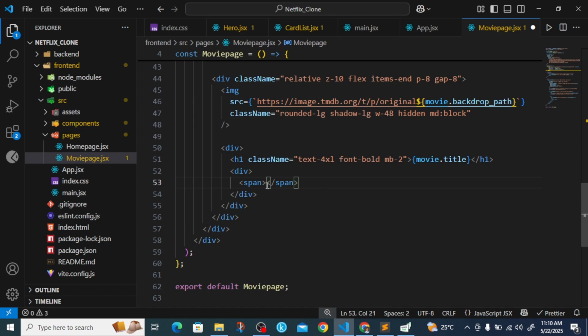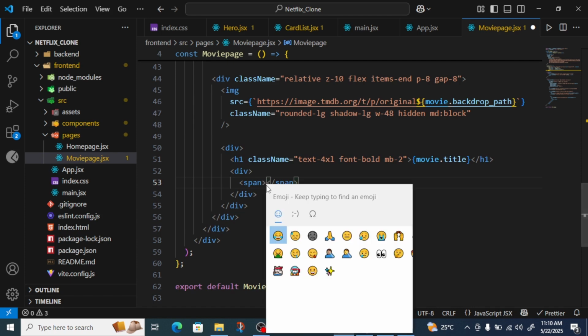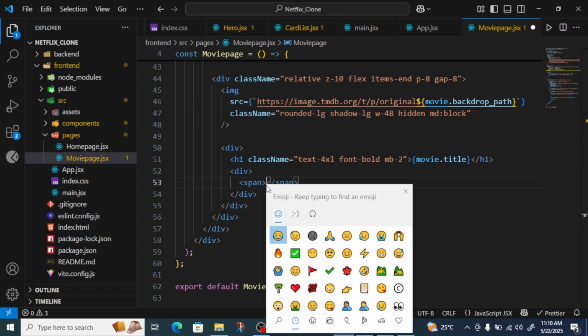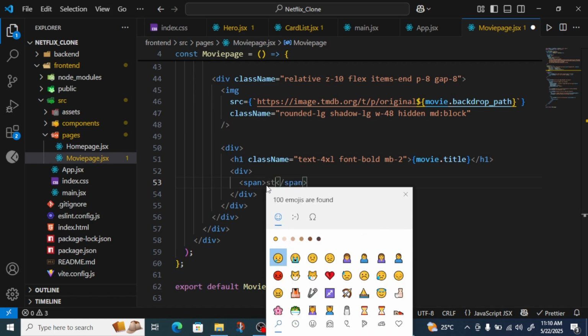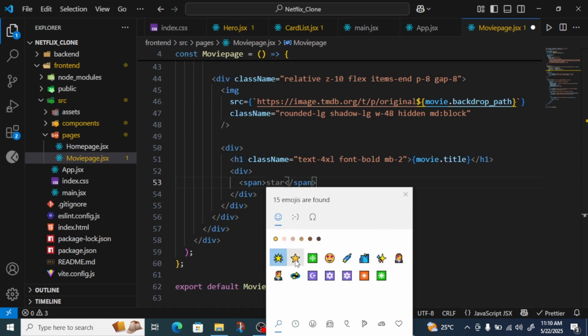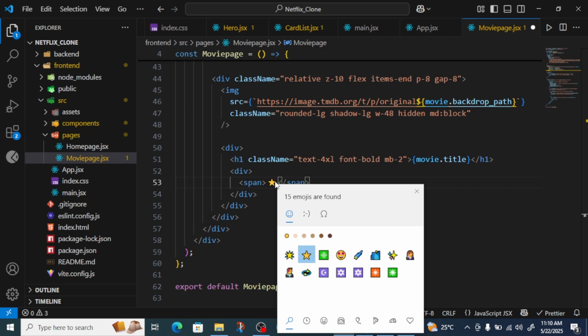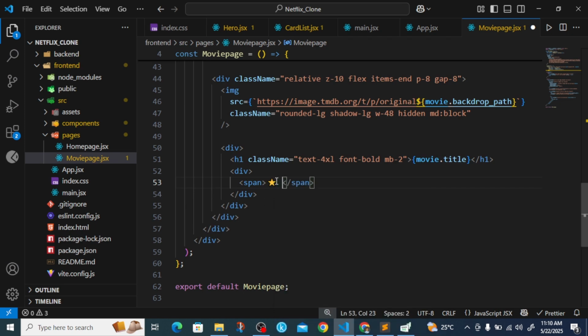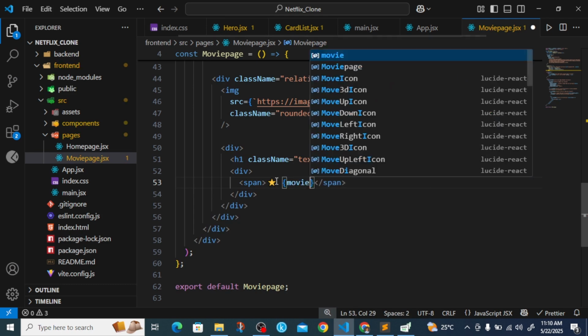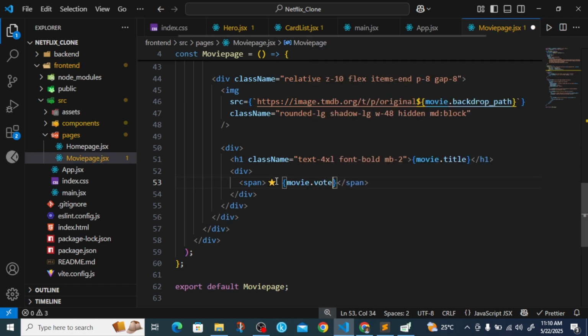So we're going to use a star, so you can press Windows and dot. You can just keep typing star, and we can just click on this one. So yeah, we've gotten that star emoji, and then you pass in movie.vote_average, just like this. So you Control S, and let's see,